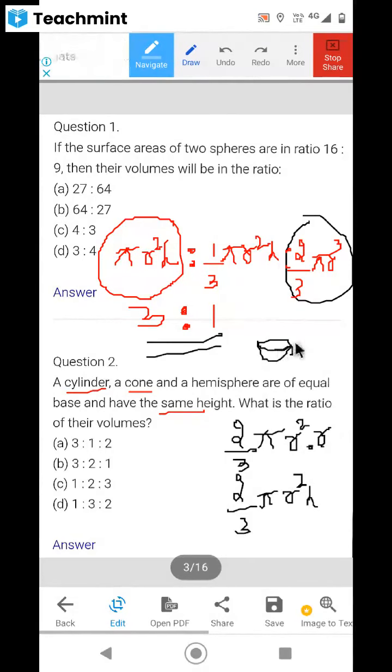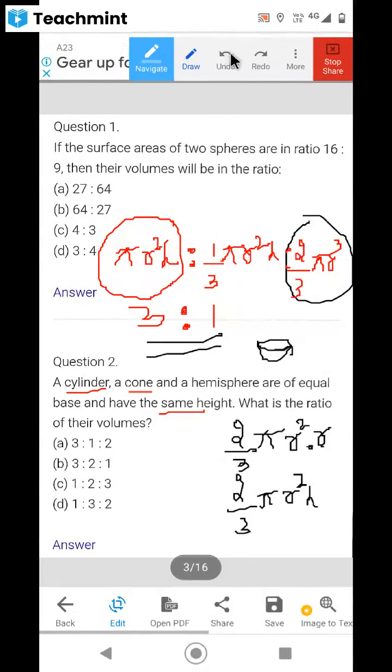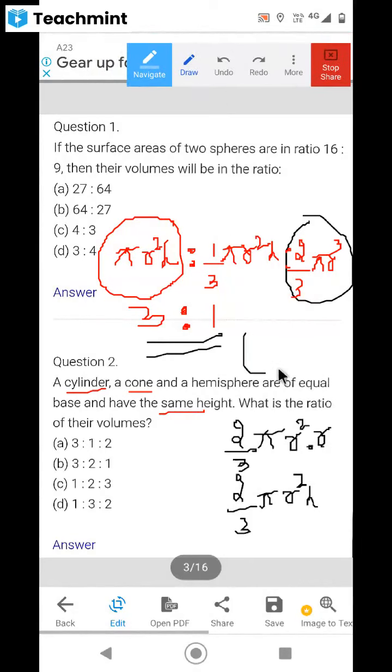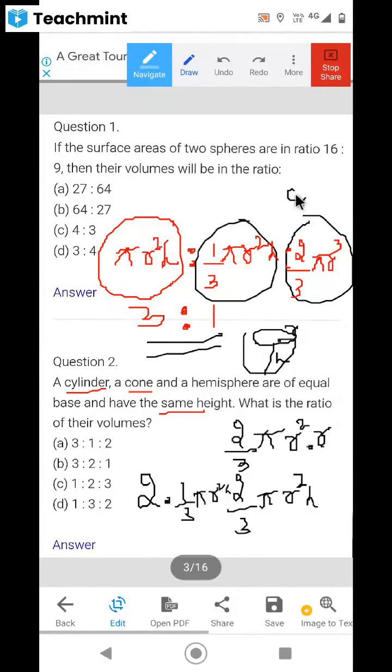For this hemisphere, whatever radius is there, the same will be the height, I told you. Now if you look at this, it becomes what? It becomes 2 times 1/3 πr²h, no? So if it is 1, then it has to be 2 times, because 2 into 1/3 πr²h. So 1 means here 2 is there. I hope it is clear. Is this answer clear to everyone, dear children?